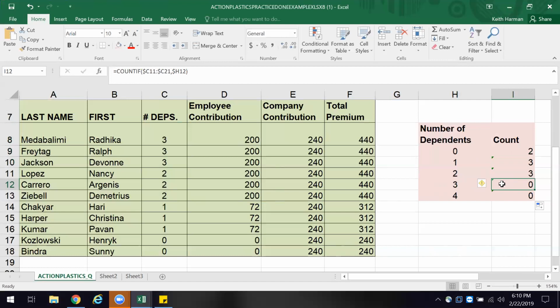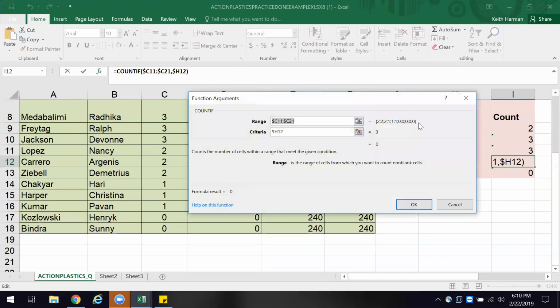But then I get down here to three, and I've got a bit of a problem because it says zero, and then four says zero. So I've got an issue going on with this. So I'm going to just go back to the original COUNTIF. And let's see, I'm going to be dealing with the criteria. And let's look down here for just a moment. Do a little bit of troubleshooting. Open up the dialog box. The range is,